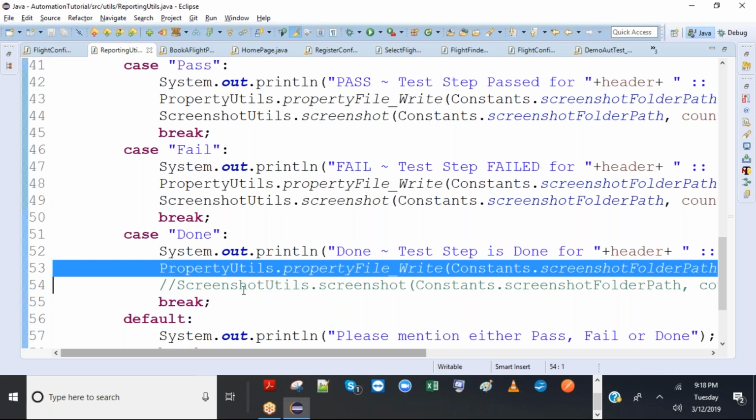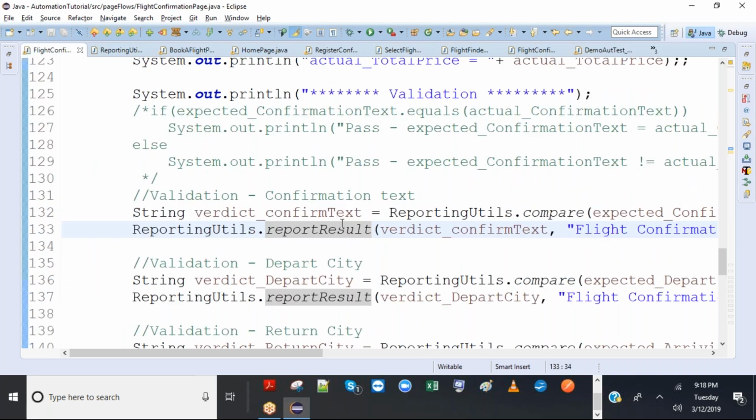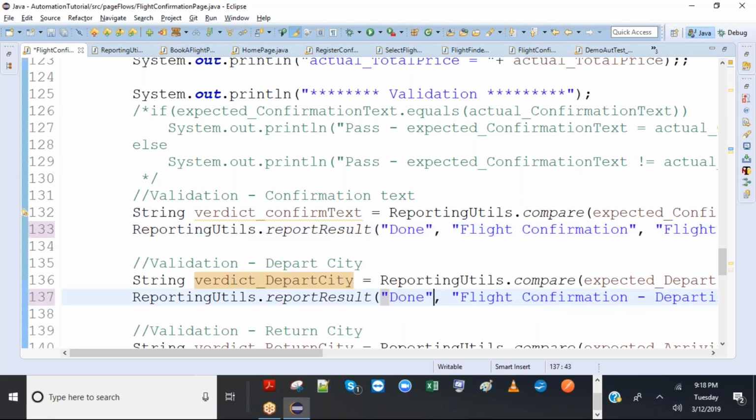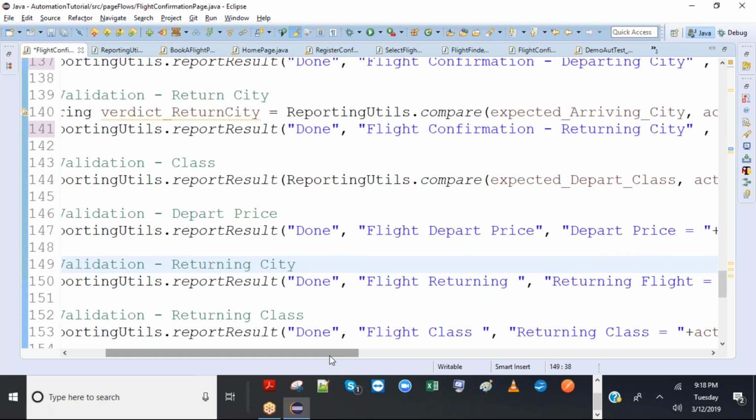I'll directly pause for the time being. Done. Done. Done. Even though it is the same, I'm pausing directly, so we can call it done.